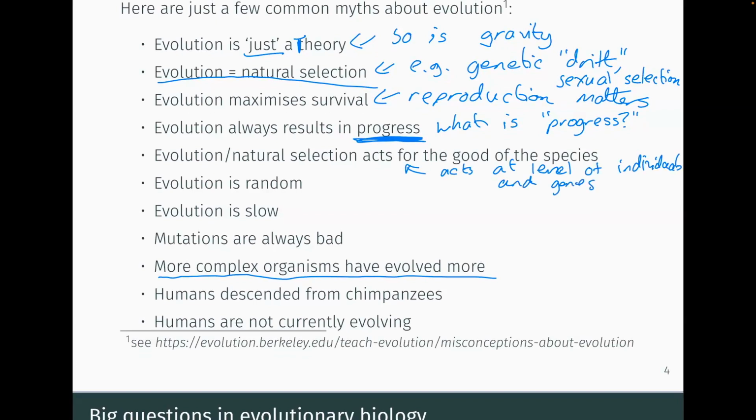So why does this matter? Well, this kind of erroneous thinking can sometimes lead you down the wrong path. So if you're thinking that organisms will cooperate with each other because that's good for the population, or some trait will be selected because that maximizes population size, that's not necessarily true. We see lots of examples of cheating in natural populations. We'll be talking about this in a few weeks, thinking about how traits like altruism, traits like cooperation can evolve when individually it might be better for you to cheat.